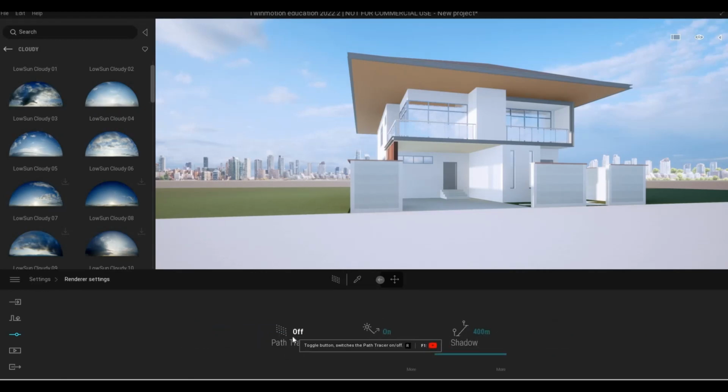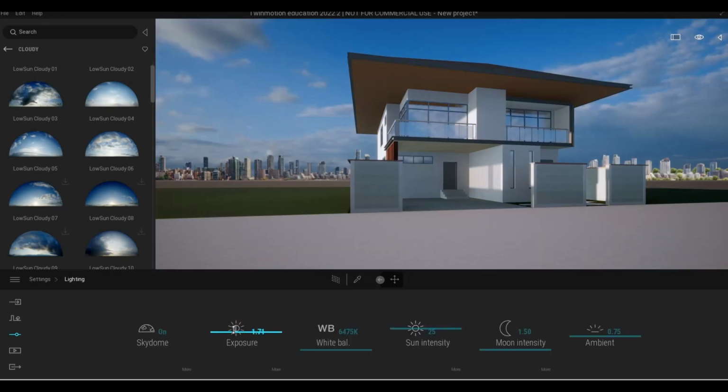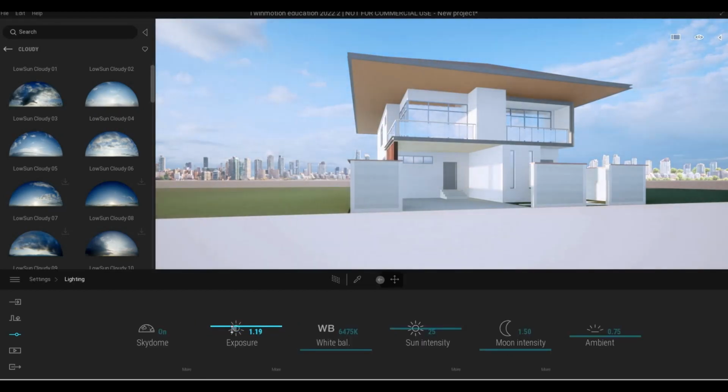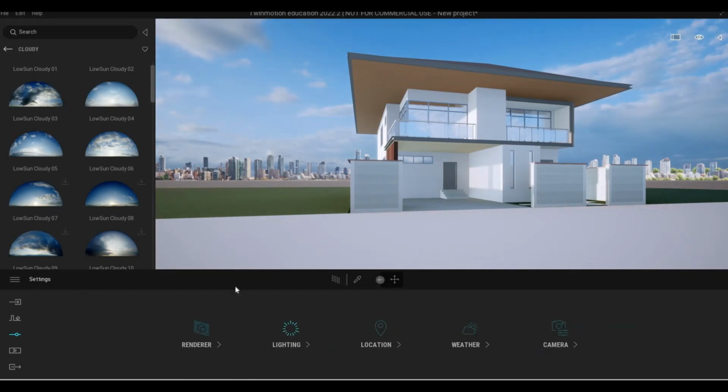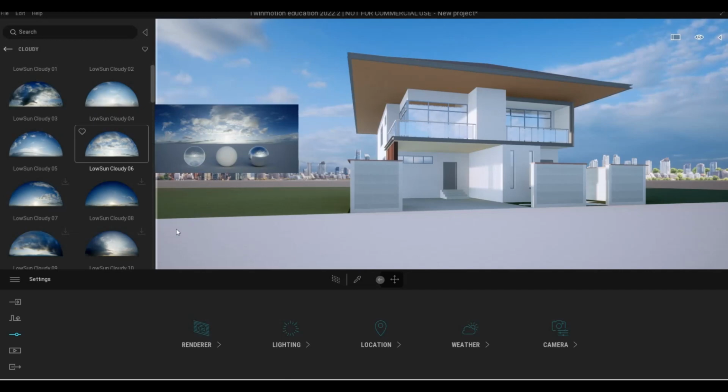So once we turn this on, you'll be forced to make the exposure up because it will lower down, and it will provide its own sunlight. And then here you can change the sun intensity and ambient as well. So we're gonna deal with that later on, but first,